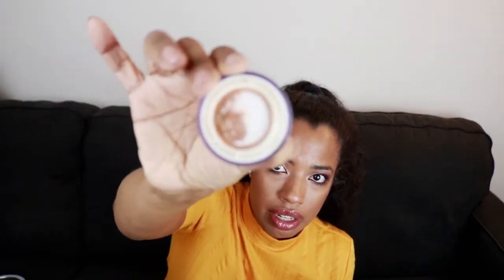Now what is unique about this eye treatment is that it has some tint to it. I got the darkest shade. There's 3 shades: a light version, a fair, a medium, and then this is the darkest. So yeah, I got the darkest, which is called Candle Light. And